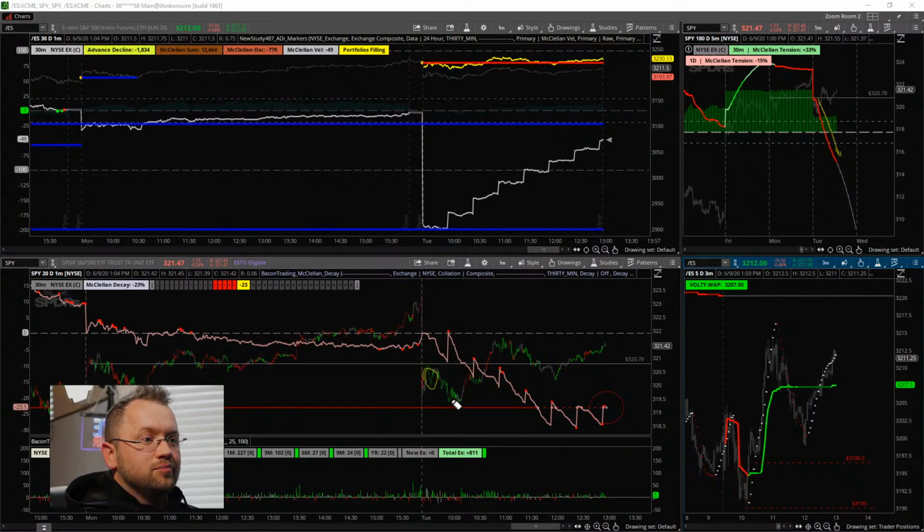We have bullish things going on here that have happened. We don't see any bearish things going on. So what's going to happen from here into the close if you're trying to piece this together? Well, the question that I've seen a few times, and I know this is a common thing to think, is to say to yourself, price did what versus tension did what, and to look for a divergence and try and extract something out of that. And I think you can sort of do that, but I think it's the wrong path to take.